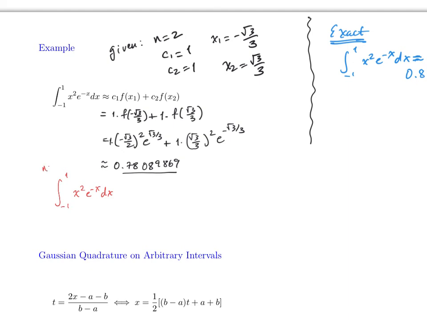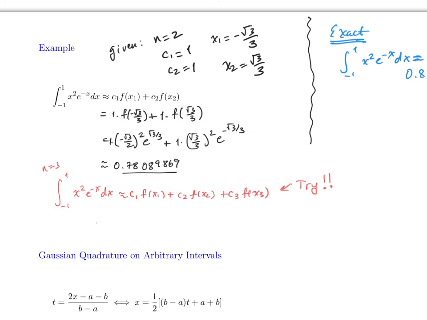So for n equal to 3, you will have to find C1 f of x1, C2 f of x2, and then C3 f of x3. So just give it a try. Just try this one, and you'll see it's closer to the exact solution than this one. And you already have these values in the table. All you have to do is plug them in. Now, even though this is very simple to apply, there is a big drawback,